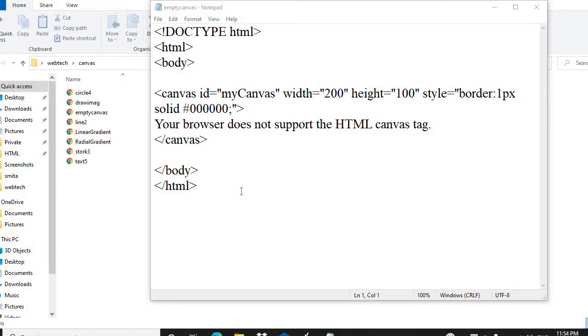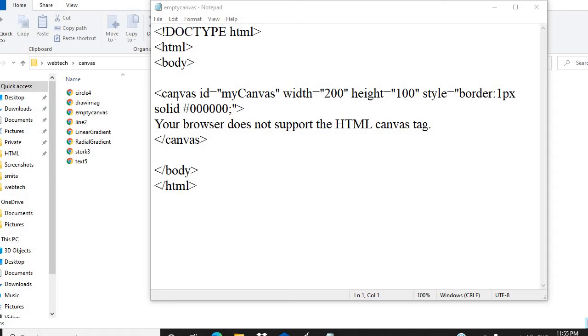Whenever you want to insert any graphic, you require the ID. The ID is an ID for your canvas, so you can give any name for your ID. This is the height and width for the canvas. This is the area, how much area you want to draw for a particular shape. Style is nothing but my border for a particular shape, so you can mention any size. This is a color, a black color. I have given 00, which represents black color.